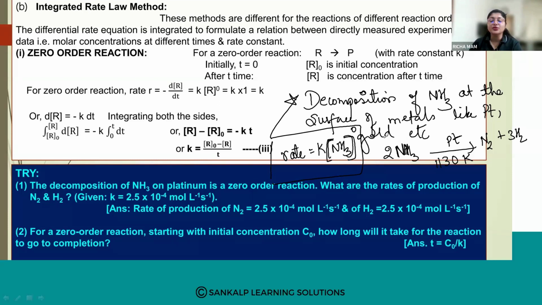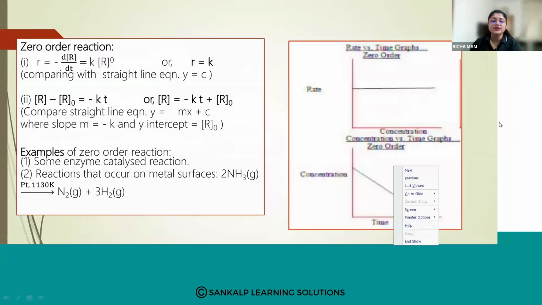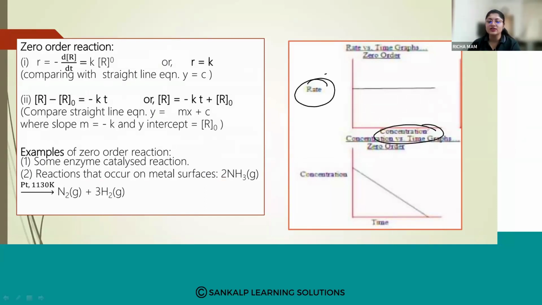Your zero order reaction. So if you plot a graph of rate versus concentration, you will get a straight line. You can see that as the rate increases, the concentration also increases. So this is about your